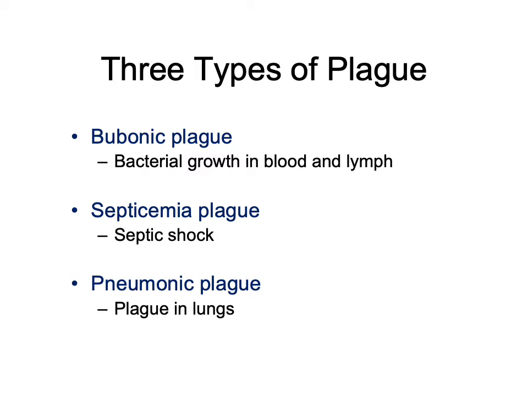We are going to talk about 3 different types of plague: bubonic plague, septicemia plague, and pneumonic plague. In bubonic plague, the Yersinia pestis has entered the body. It's growing in the blood and the lymph, and it's circulating throughout the body. Where that Yersinia pestis enters the body, there are likely to be enlarged, painful, swollen lymph nodes. They become pus-filled. They're infected with Yersinia pestis. That Yersinia pestis becomes localized in those inflamed nodes. And they can colonize and continue to reproduce and then spread throughout the lymphatic system and then into the circulatory